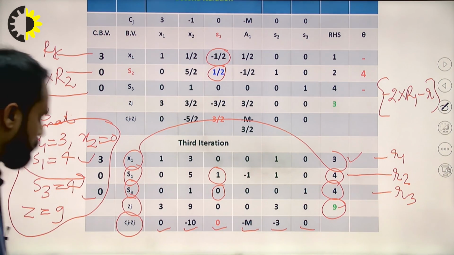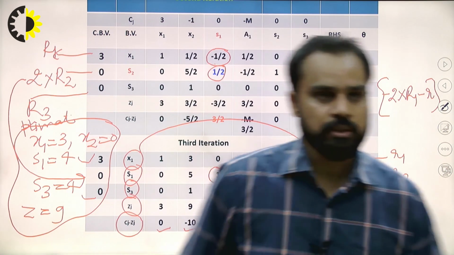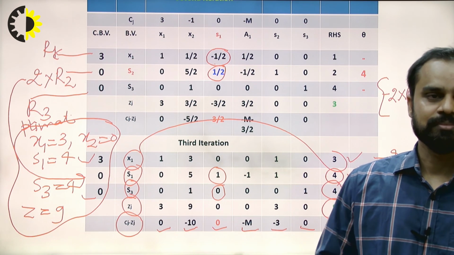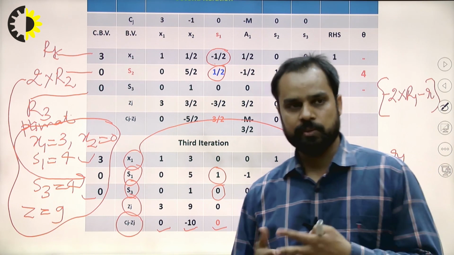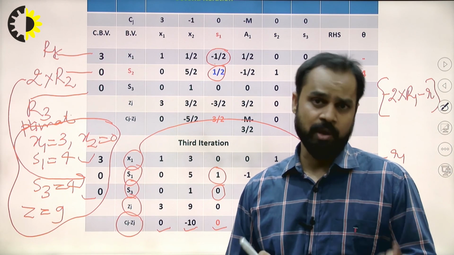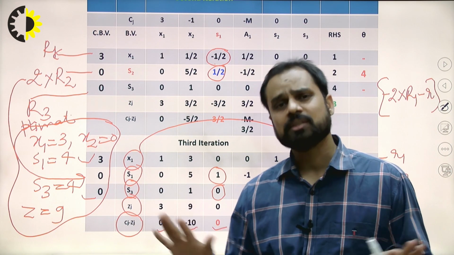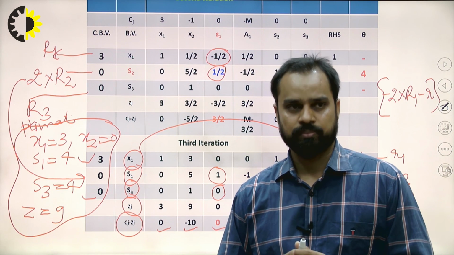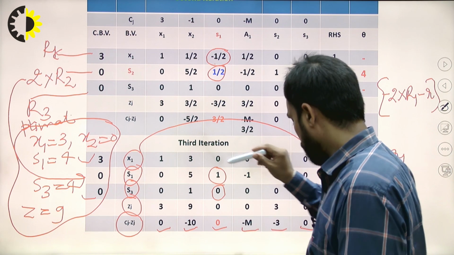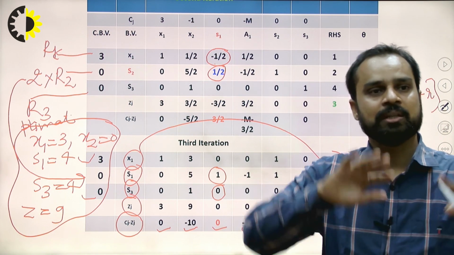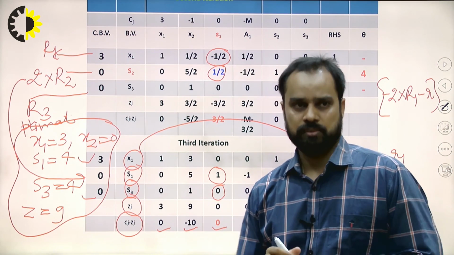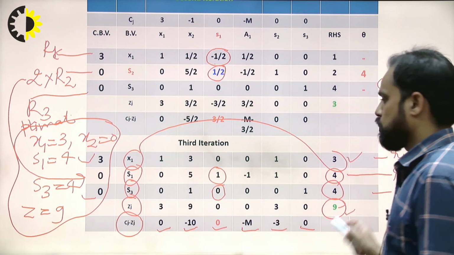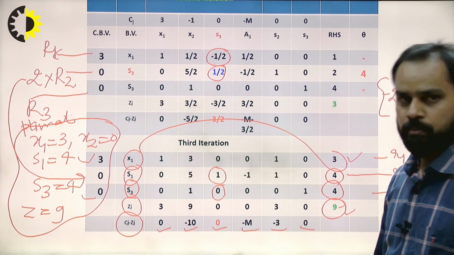Now observe that in the optimal solution there are slack and surplus variables, and these variables do not have any contribution. What is the meaning of these variables? If they are part of the solution, they represent the unutilized resources. So this way we can solve any big M problem.